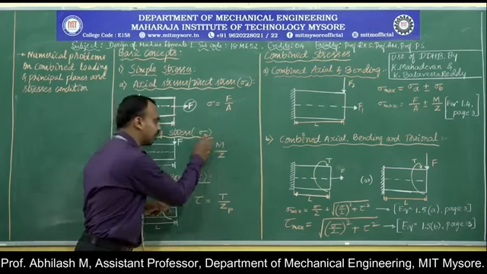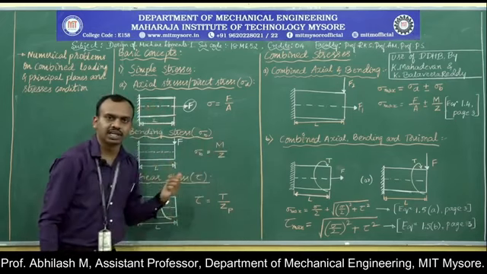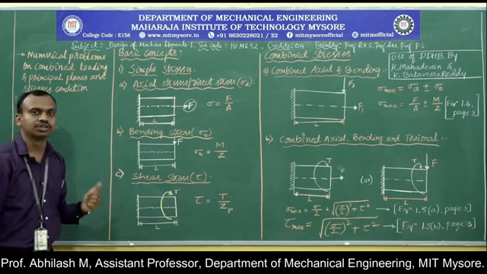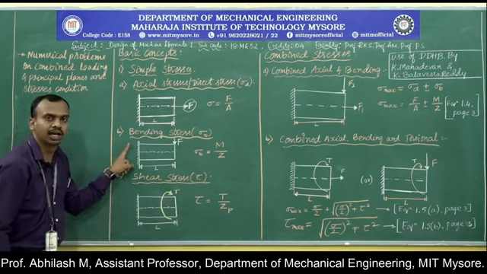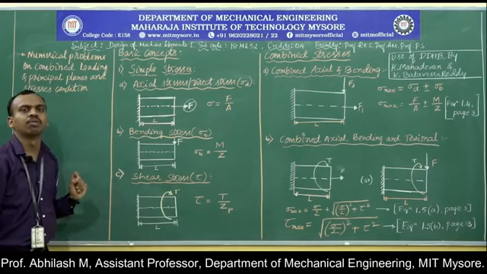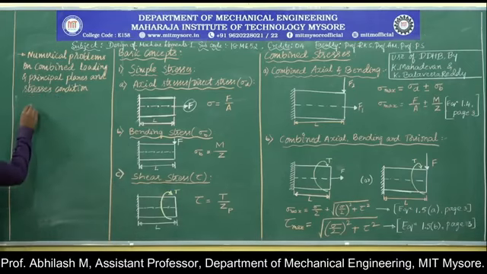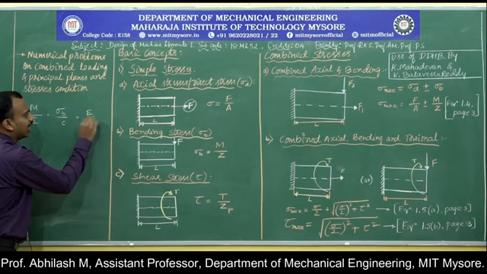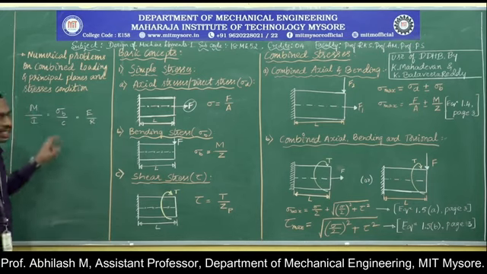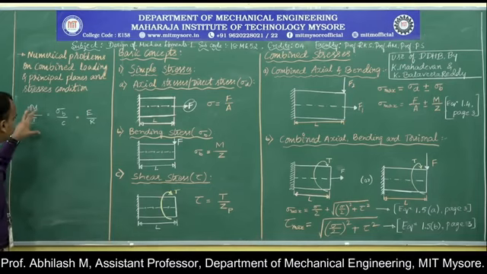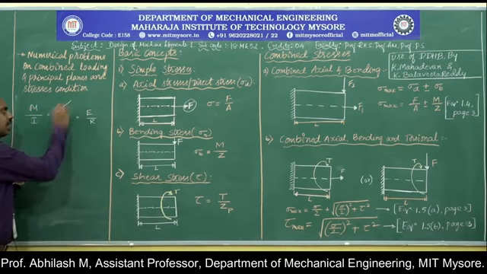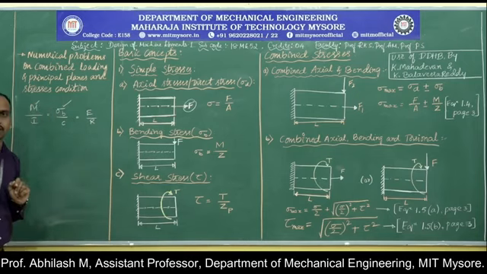How did we arrive at this particular equation? In the basics of mechanics of materials, we have understood the concept of the bending moment equation. If you recall, the bending moment equation is given by M by I equals sigma B by C equals E divided by R. So this equation is a bending moment equation. From this, I need to get a bending stress because of the moment that is applied to the machine member. So how to calculate then?